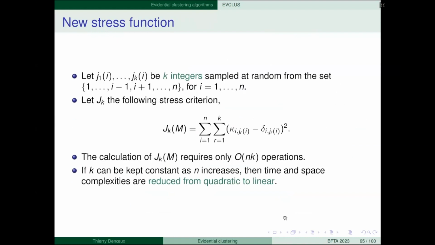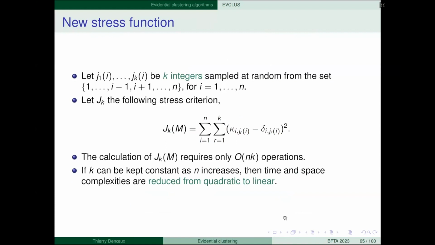So here we can proceed like this. We can fix some number k, and for each object I, we take only k dissimilarities to k objects. So if you have this dissimilarity matrix, here you take some object I. On this row you have the dissimilarities to the n objects. Here you do n times n. But instead of taking these n dissimilarities, we randomly sample k values on this row.